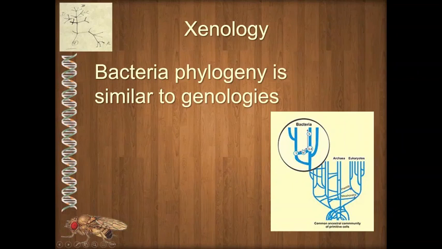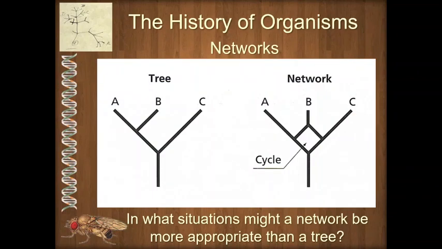So we need more than one branch coming in to our quote-unquote tree, which is now really more like a network, right? So to represent relationships among prokaryotes, we need a network or a web-like pattern, okay? So there are different methodologies. We're not going to talk in detail about these. We might mention them briefly and come back to them during our population genetics, because realize that this network-like pattern